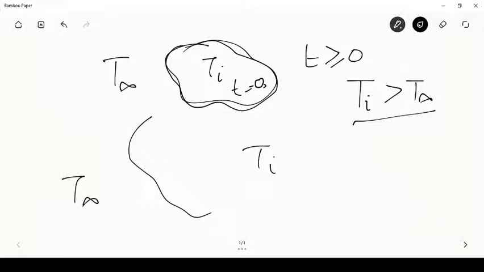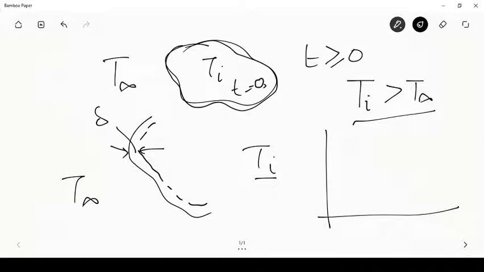At the surface, a very thin layer whose thickness we can call delta would probably feel the effect of the boundary condition, and the rest of the material stays at the initial temperature Ti. So if I plot the temperature, and let us take the coordinate in this direction normal to the surface at any location as x,